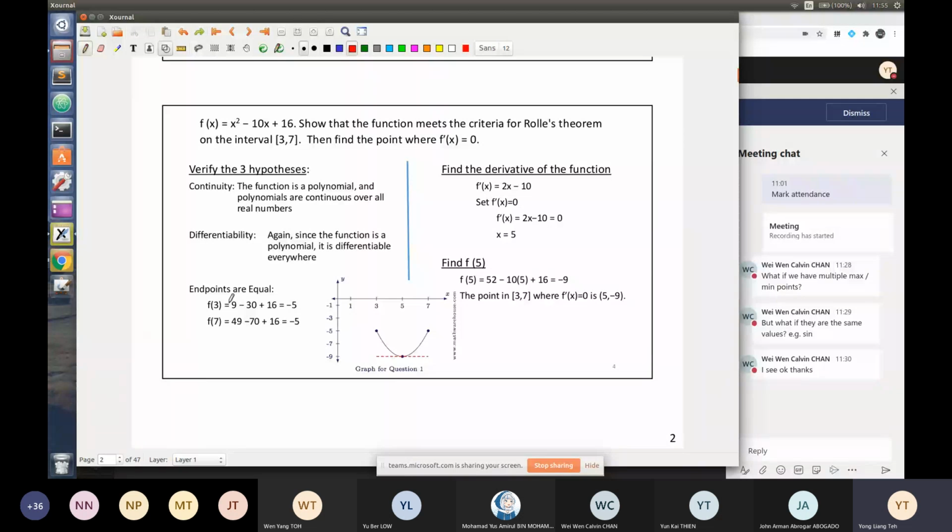So we check f(3), which is the left limit, and f(7), which is the right limit, and we realize that the function values are the same. Okay, so which means the three conditions are met. Three conditions are met. So therefore, we can say by Rolle's theorem. So once the three conditions are met, let me just write a tick here. So then we can say by Rolle's theorem,